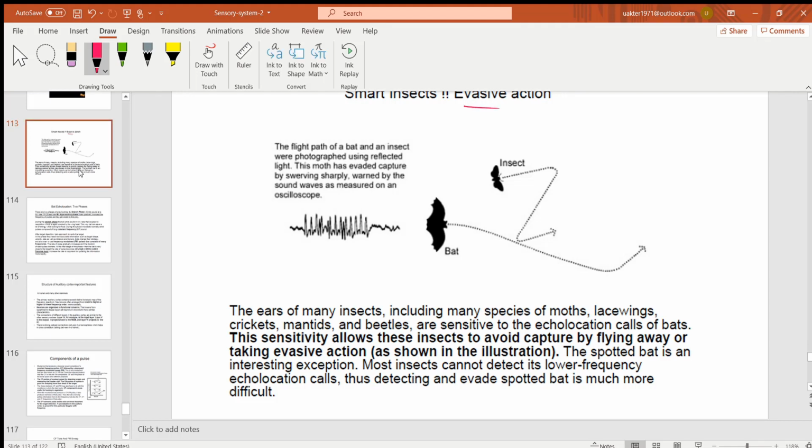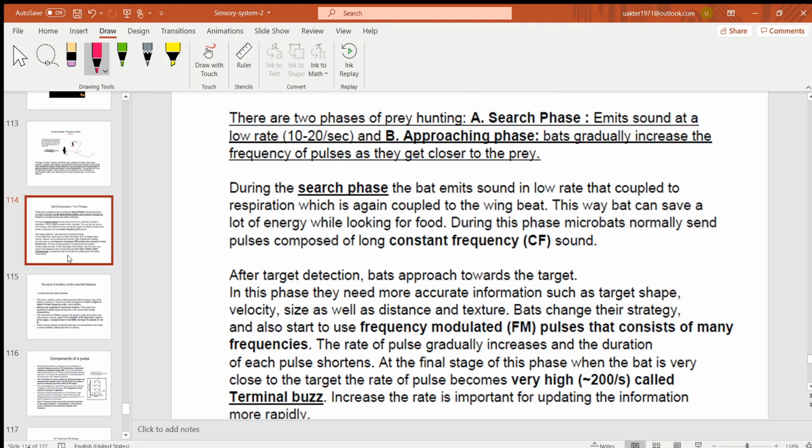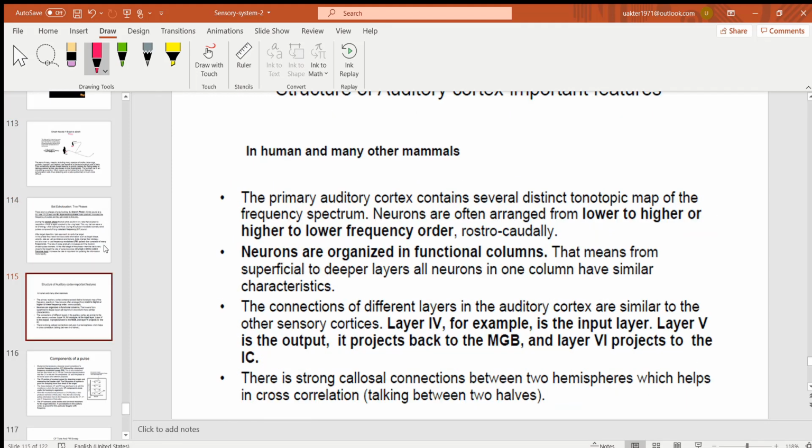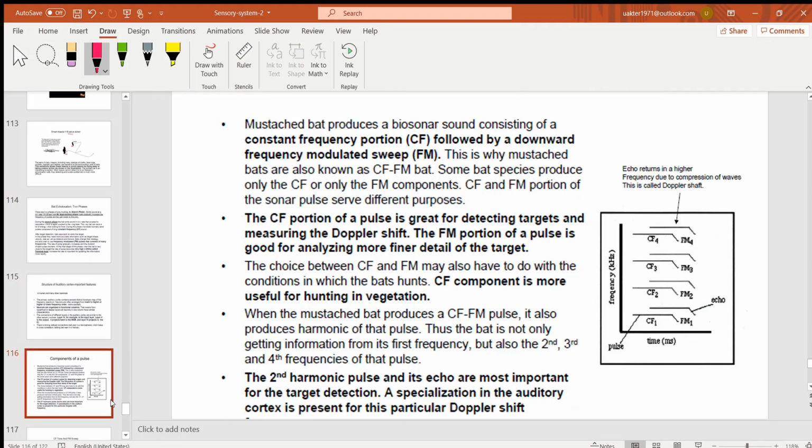Insects or prey can use their pulse to confuse the bat or deviate them from them to save themselves. So that can be done. So go over these last few slides, and you will know